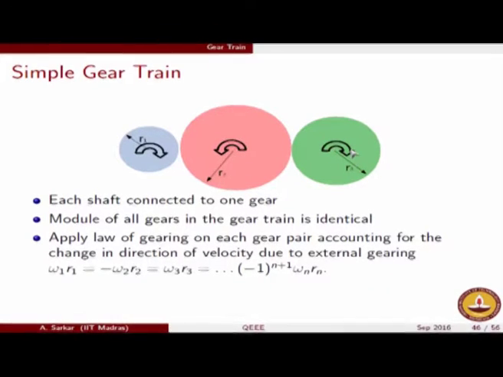In which case the green gear would have got the direction of motion opposite to the direction of motion of the blue gear. One effect of this red gear is to induce a reversal of that direction of motion. So therefore this is called an idler gear, or a gear which causes simply reversal of motion. It does not change the transmission ratio. The transmission ratio between the input and the output is again given by omega 1 R1 equals omega 3 R3. The idler has no purpose in determining the transmission ratio.